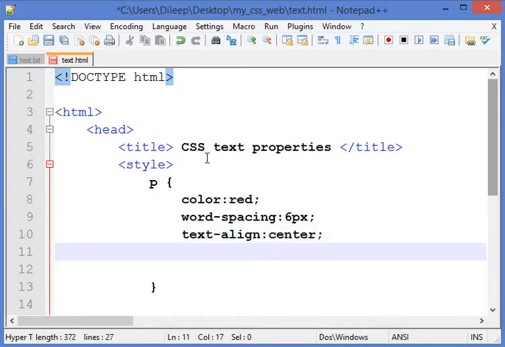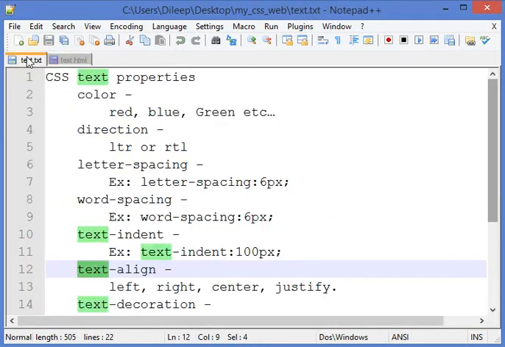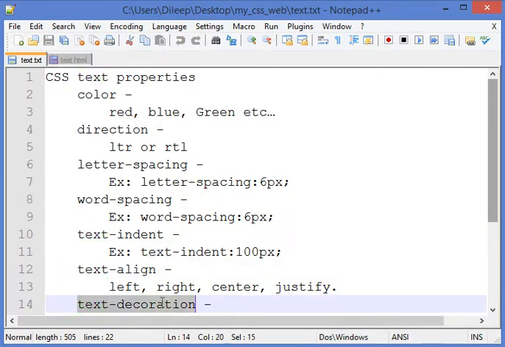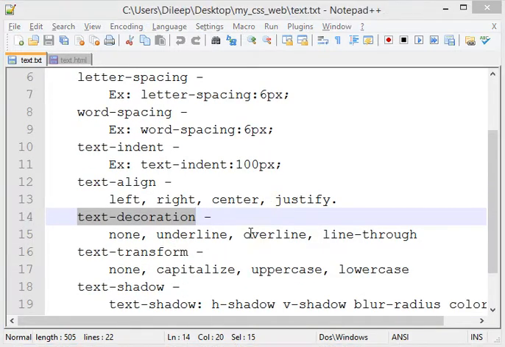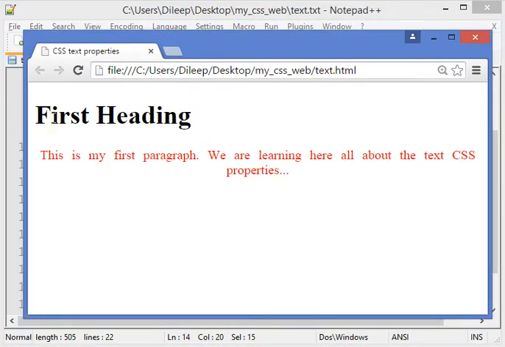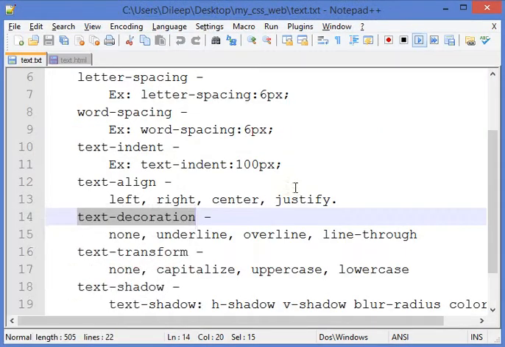Okay, now let's go to another property, that is text decoration. Okay, so text decoration, let us apply this property to the heading. Suppose I want to apply the text decoration property to the heading. How will I do this?